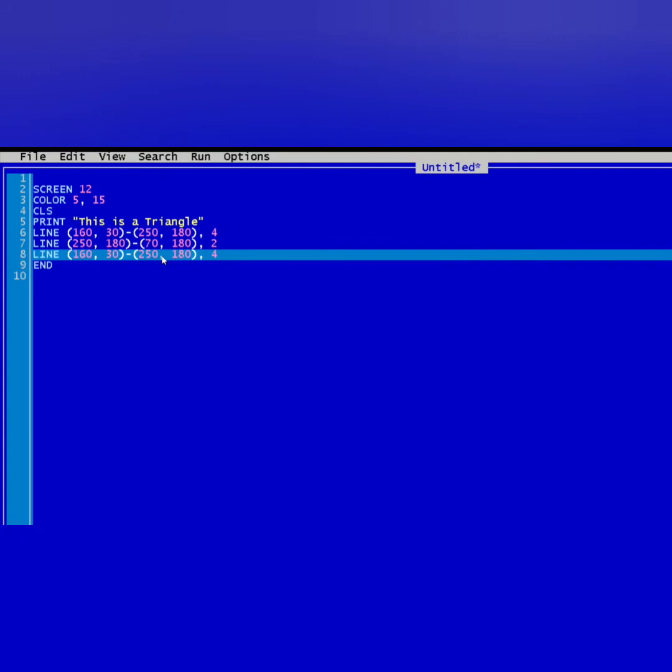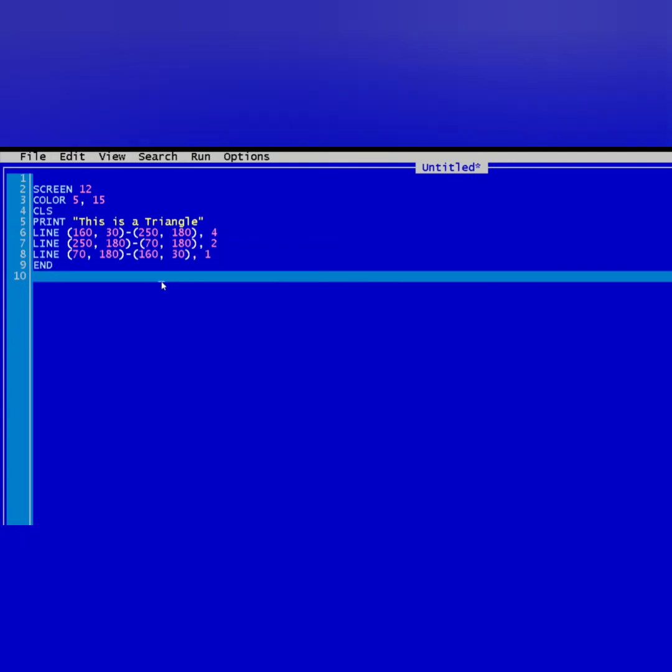Now I will write the statement for the third line. So for the third line, again see, this line is now CA. So for the coordinate of C, I have to write 70 comma 180, meaning the same coordinate will be there for the 2 lines at a single vertex; the coordinate will always be the same. Now for A it is 160 comma 30. Understood the previous one? The A coordinate is a vertex, it is the same, so 160 comma 30, and I am changing the line color to 1.